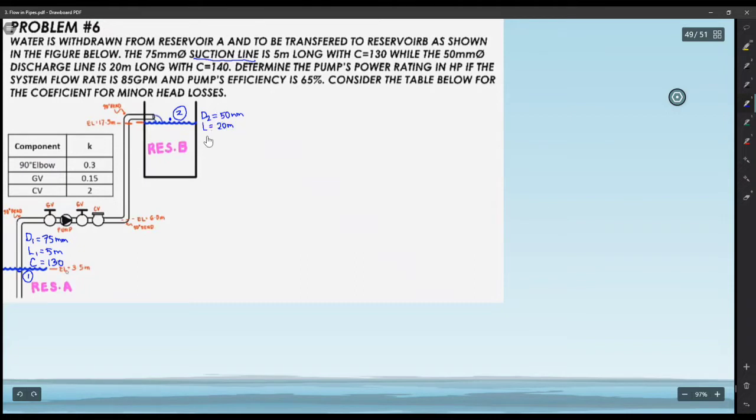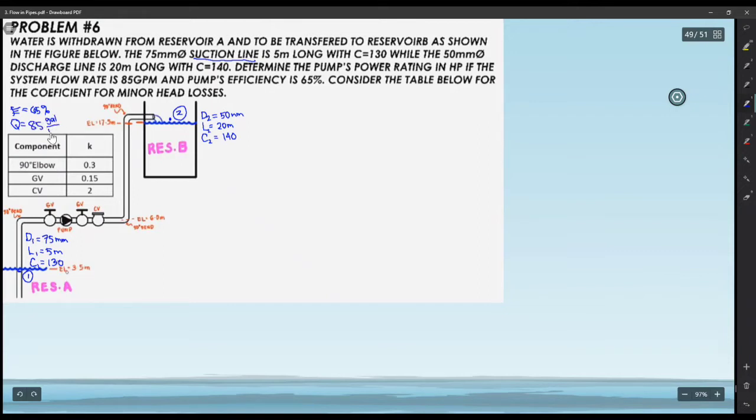And yung ating Hazen-Williams coefficient, denote ko na lang siya as C sub 2. So that is given as 140. Okay, so ang efficiency natin is given by the value of 65%. And yung ating discharge Q is equals lang sa 85